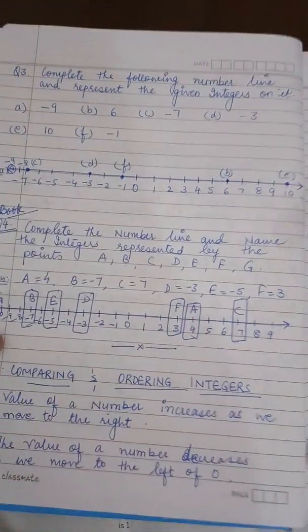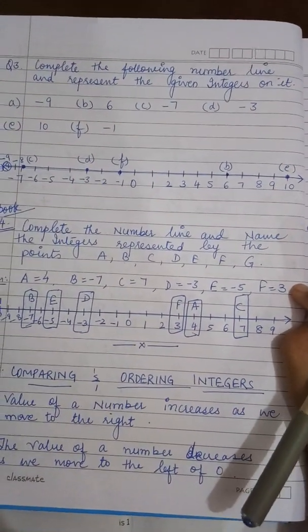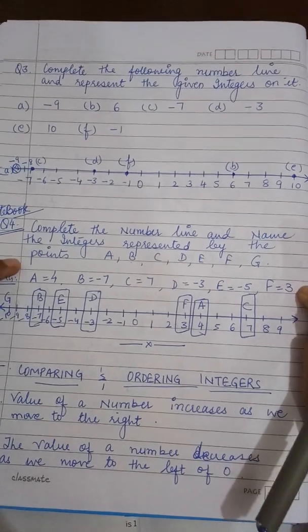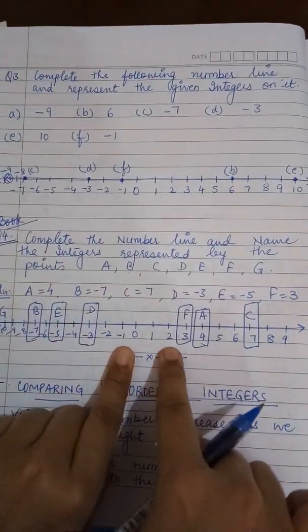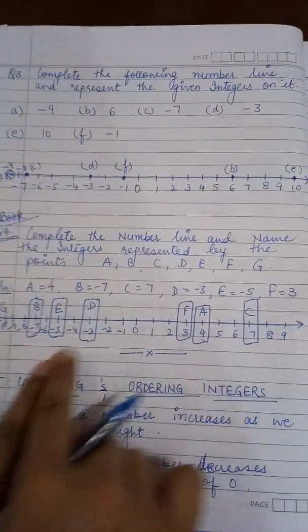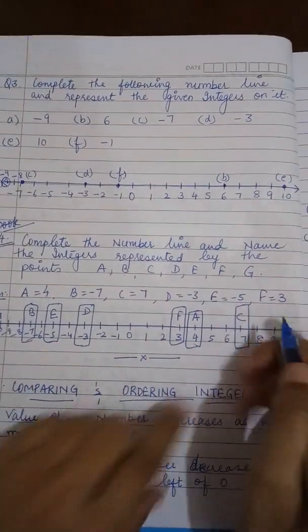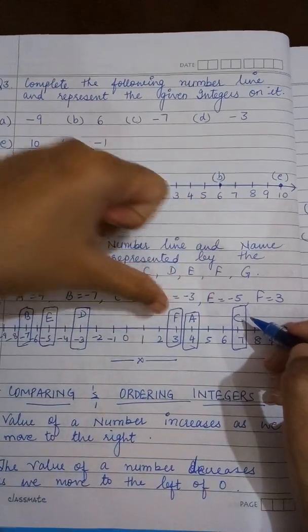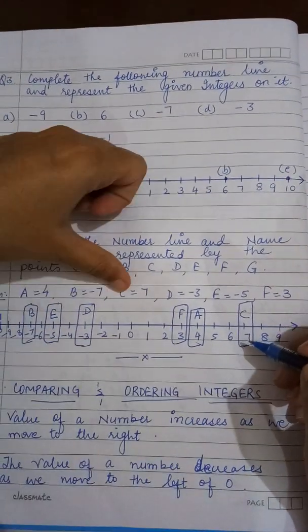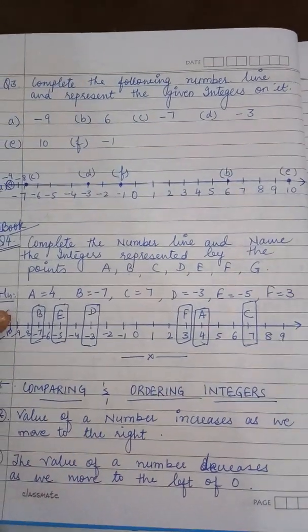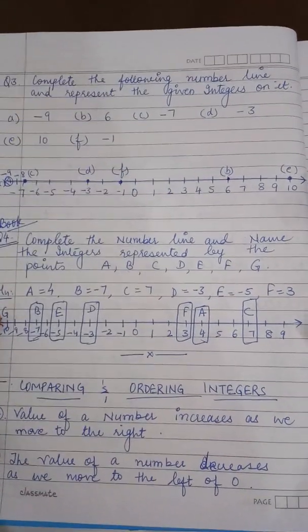Okay. So you are going to write this question 4 also in the notebook, and you are going to write like this. You have to firstly complete the number line by denoting the numbers 0, 1, 2, 3, 4, minus 1, minus 2, like this, and then whatever numbers these letters are representing, you have to write that number. Like C is representing 7, so you are going to write C as 7. Okay, so that's how you are going to complete exercise 3.1 in your notebook.